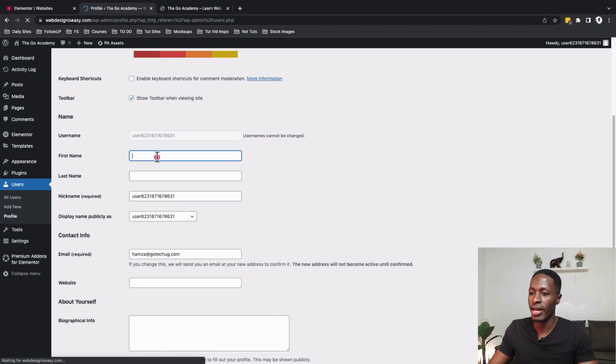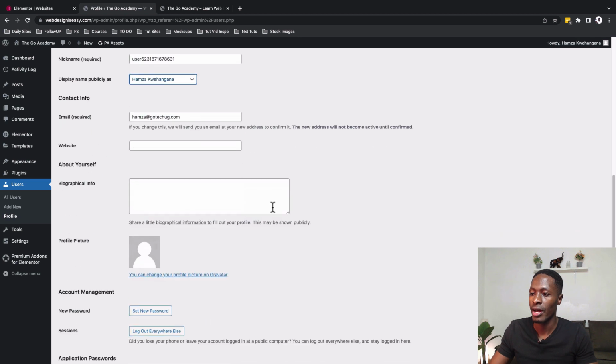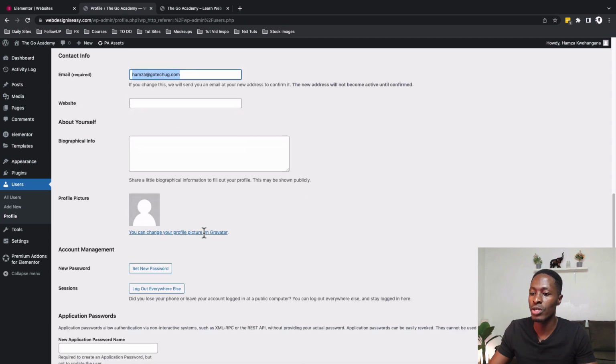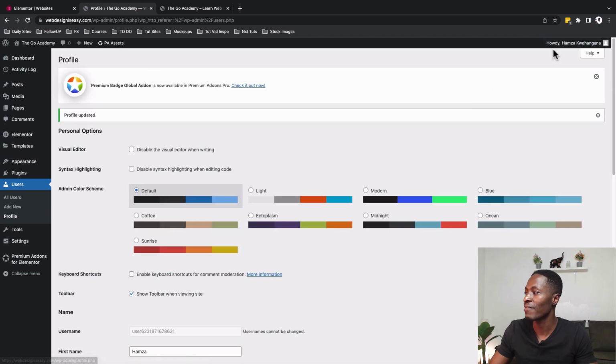And I will come over here to the display name or first name. I'll say Hamza, last name Kwehangana, and I can choose a nickname, but I want to display name publicly as Hamza Kwehangana, and that's the email address. I can make changes to that, but I'll leave this on the default. And here I can say update. Now I have a cool display name,